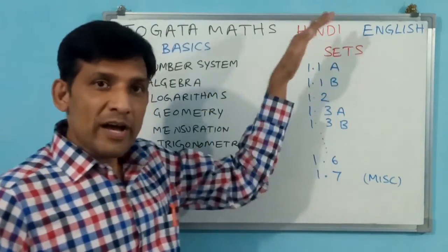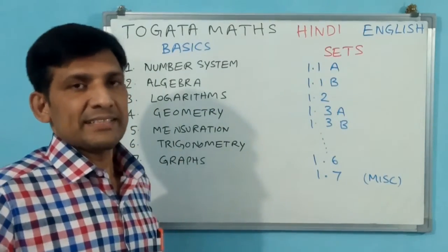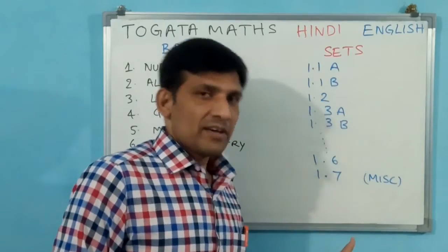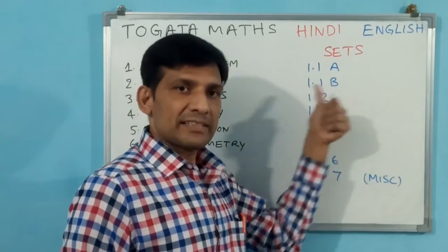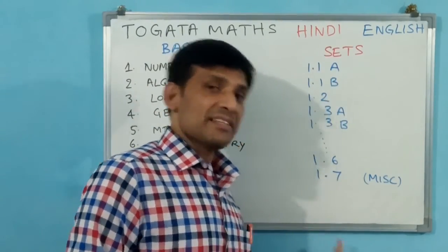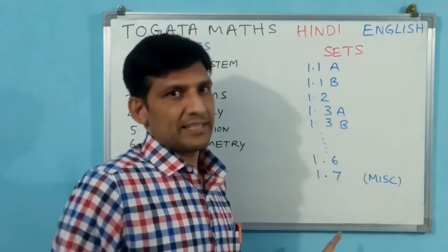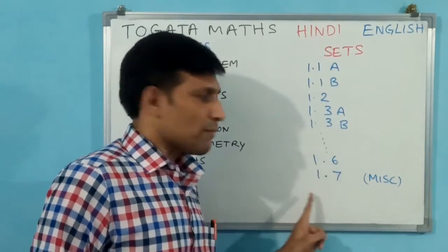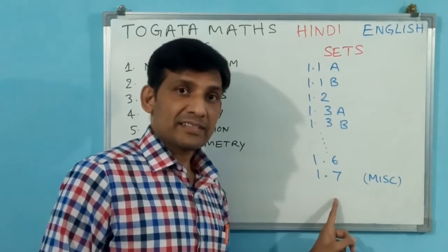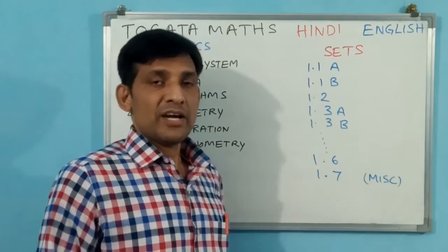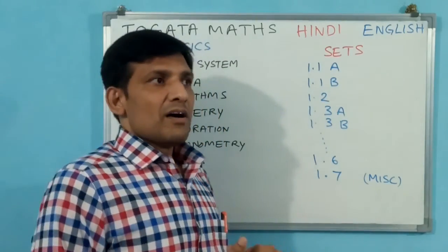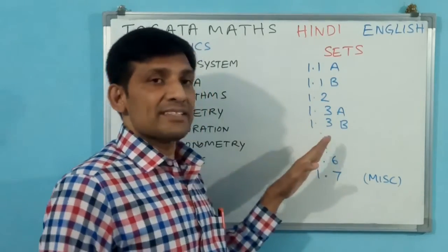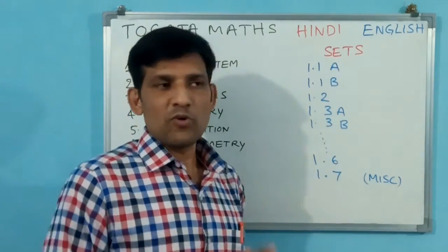Okay. Now how I have segregated this chapter sets: if you see your NCERT book, 7 exercises are there. Exercise 1.1 to exercise 1.6, and the miscellaneous exercise, which will be the 7th exercise. What I am going to give numbers: 1.1, 1.2, 1.3, 1.6, 1.7. 1.7 exercise means miscellaneous exercise. If in some chapter only 5 exercises are there and the 6th is miscellaneous, then 1.6 will be the miscellaneous exercise. Like that you have to take.